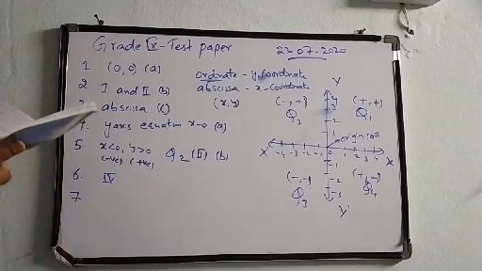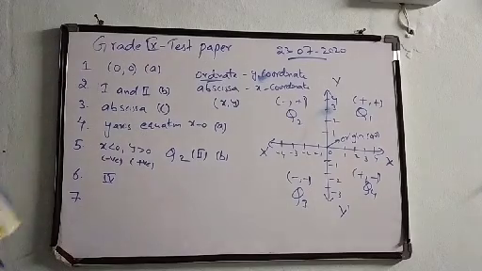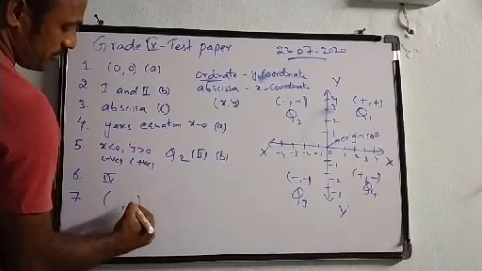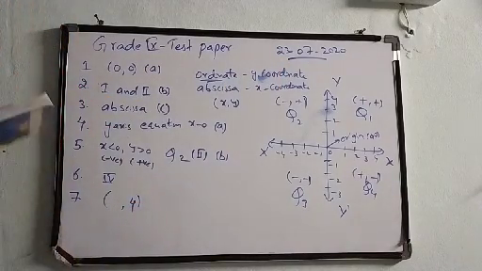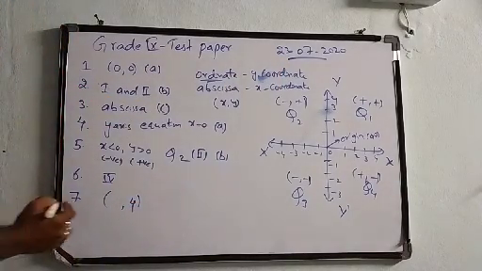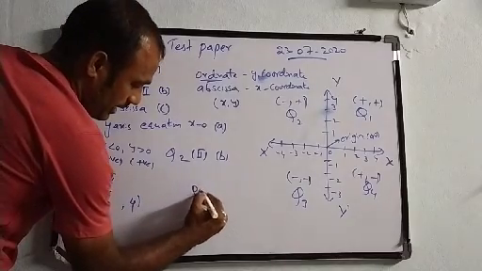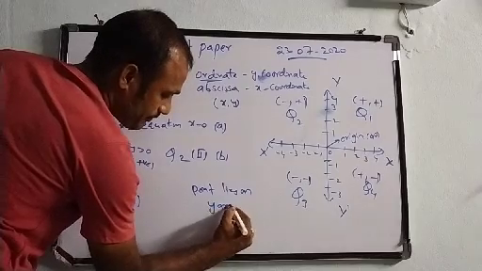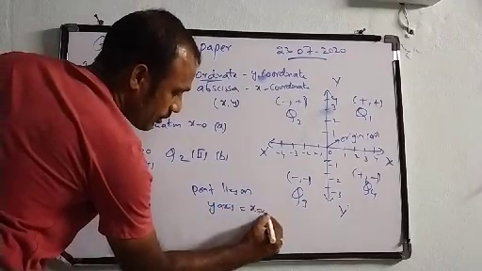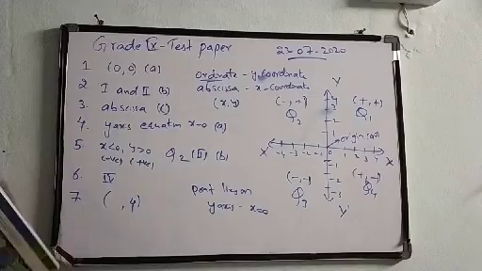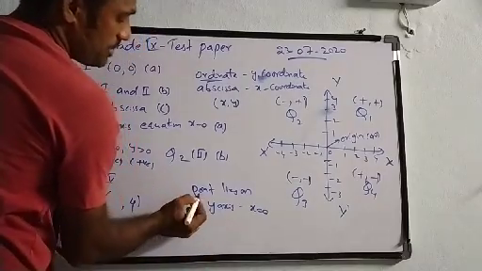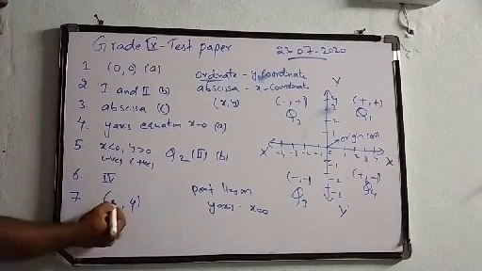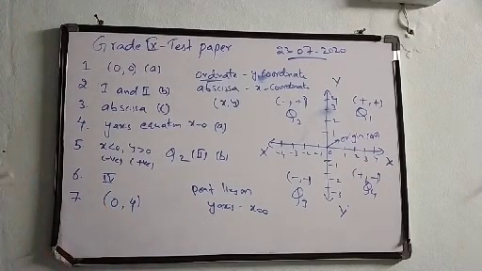Next, coming to seventh question. The point whose ordinate is 4. So he is saying some point whose ordinate is 4. Ordinate means y coordinate, so it is 4, and which lies on y axis. So make sure that any point lies on y-axis, it means that x is equals to 0. If same question point lies on x-axis, we have to write y is equals to 0. So here it will be 0. The point is 0, 4.